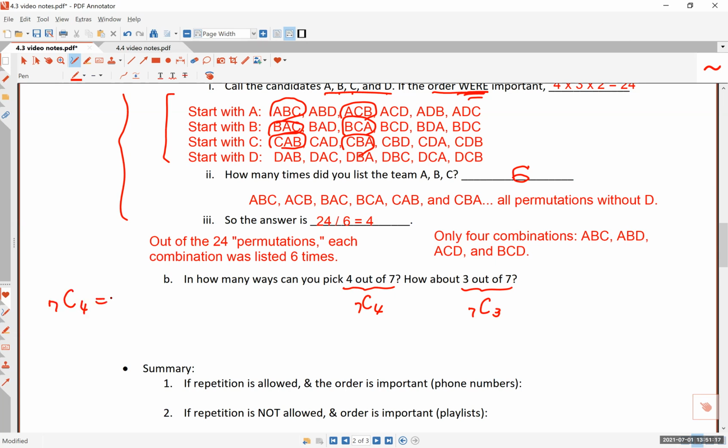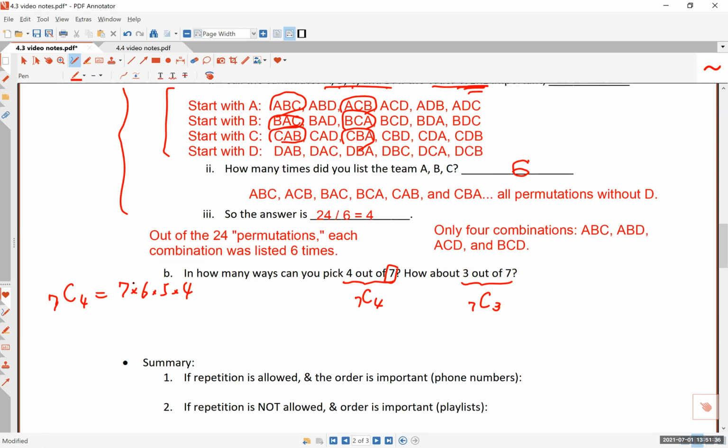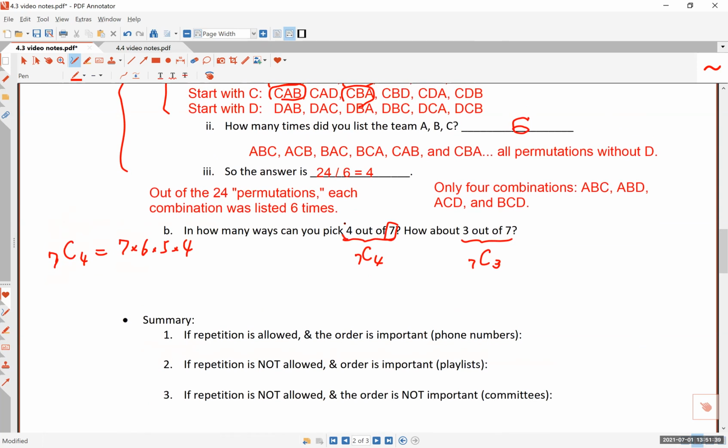To find the number of ways of picking 4 things out of 7, which is 7 choose 4, how do you do that? Remember, we count the number of permutations first. 7 times 6 times 5 times 4. Remember, we start with the number of all the items first, and then we go down by 1 as we multiply these numbers. And once you have 4 numbers multiplied, 7 times 6 times 5 times 4, then we stop. Now this is the number of permutations when you pick 4 books out of 7 or 4 songs out of 7